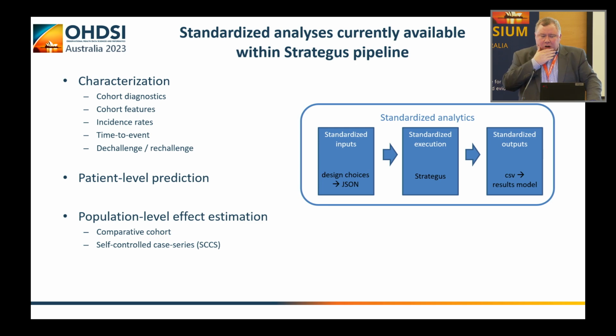And then lastly, when we talk about population-level estimation, there's a wide array of different epidemiologic study designs that can be used to try to elicit a causal effect. And here what we're really talking about is estimating a relative risk or a hazard ratio or whatever estimation metric you'd like. The two modules that we executed here was a comparative cohort design, the idea that you take a cohort that's your target population, compare them to a cohort that's your comparator population. We're going to do some adjustment, and Jack walked through the use of propensity scores as a modeling approach to try to make those groups similar. And then we look for the